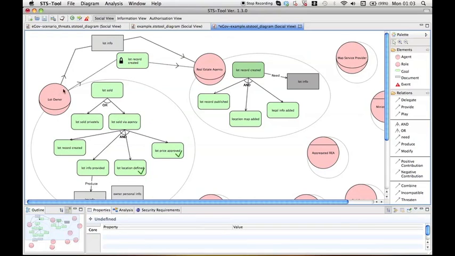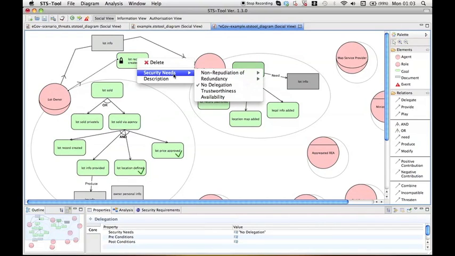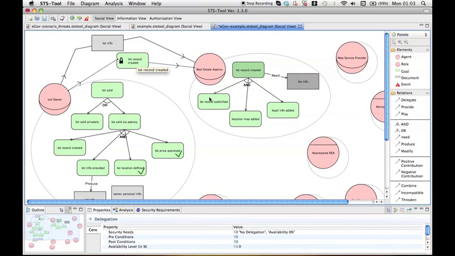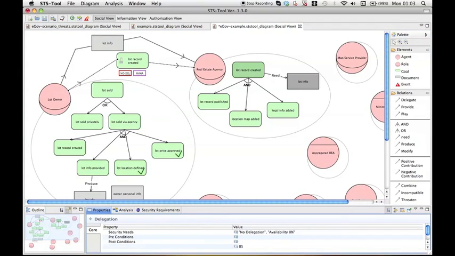As we said, the lot owner also requires a given level of availability. So similarly to the specification of node delegation, we again right-click over the goal and select availability. Now we can see two labels right below the goal delegation. In order to specify availability, we have to go in the Properties tab and specify the minimum availability level required for this goal. So let's say in this case it's 85%, and immediately the security needs field is updated into availability 85%, showing the percentage, the minimum availability level required for